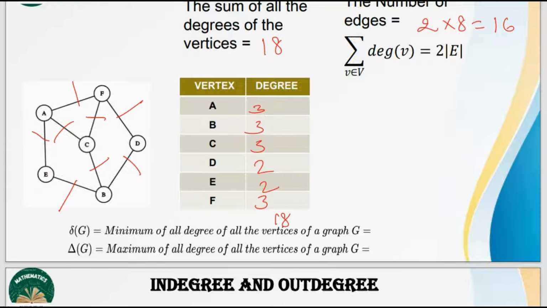So here you have another one, the minimum of all degrees, which is the minimum value. It is D and E. Which is the maximum value? It is A, B, C, and F, all are the maximum of all degree values. Okay. So next one,